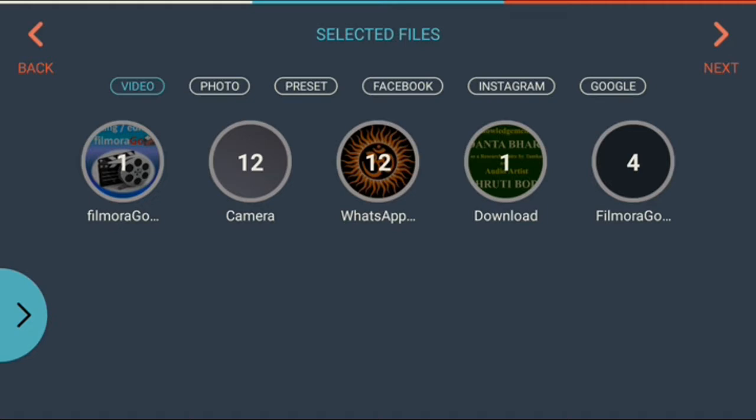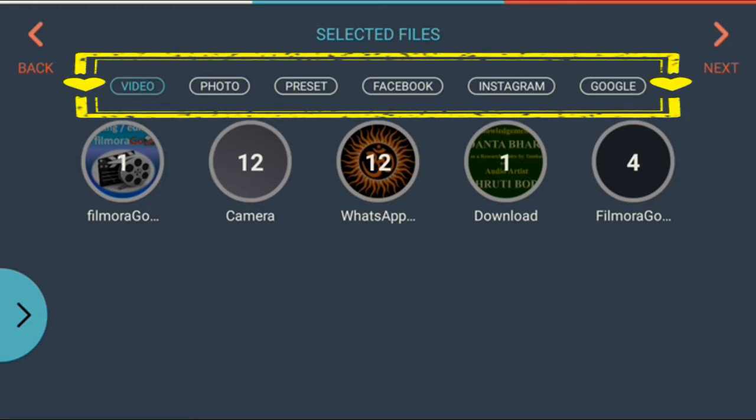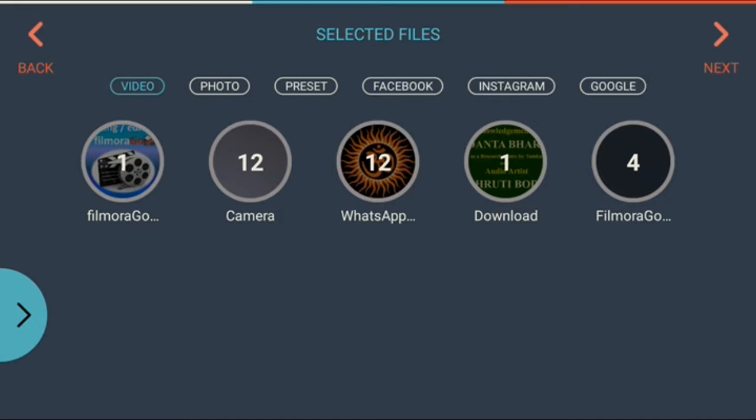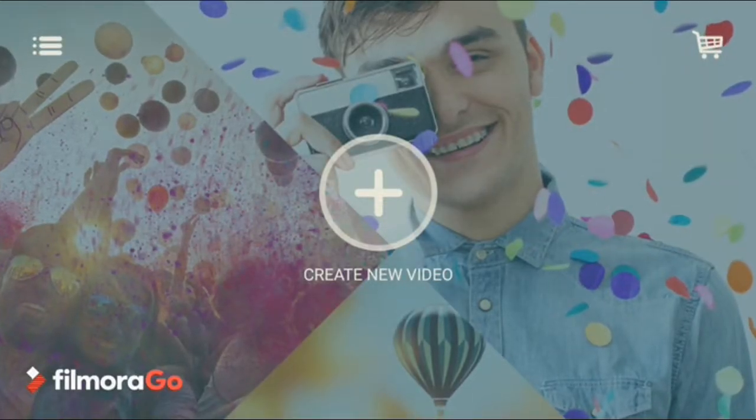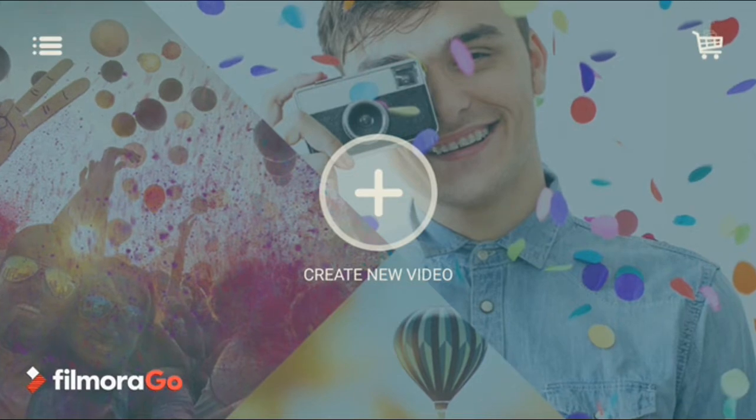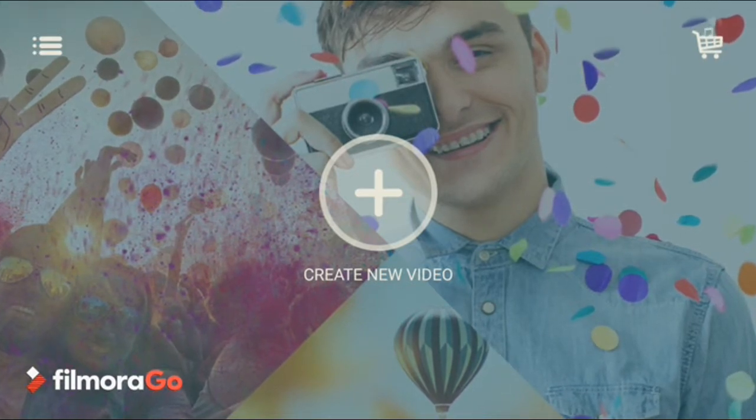Now the various tabs, video, photo, preset, Facebook, Instagram, Google, are shown on this page, along with back and next buttons, which are kept on the top of the page. The left top indicates the back and the right top indicates the next. Clicking on the back, we will be taken to the first page. Now let us come back to create new video.